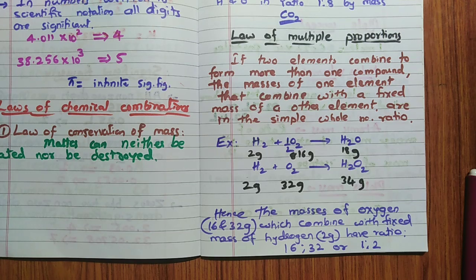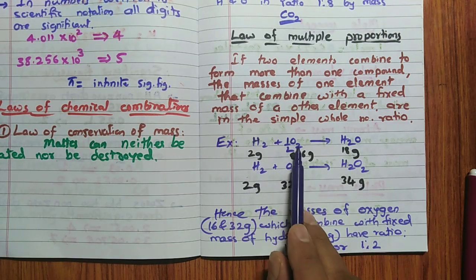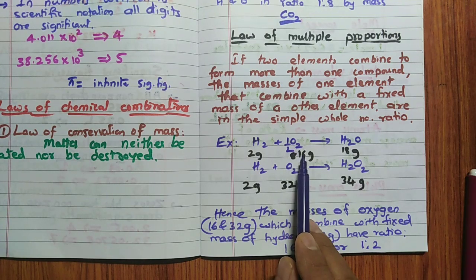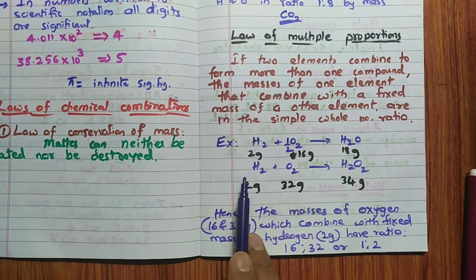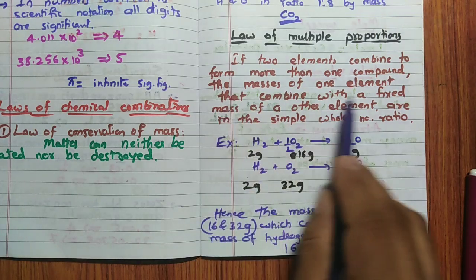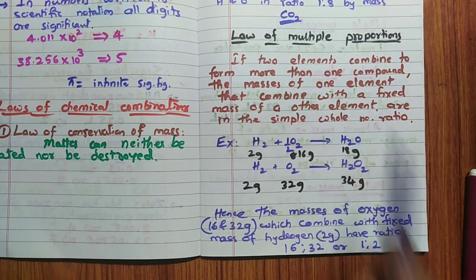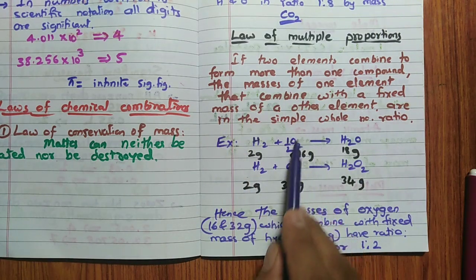Right? So now you can see the ratio. Here H2 plus O2, first I will tell this, H2 plus O2 gives H2O2, 32 gram here, because O2 here, half O2, which means 1 oxygen we consider, so it's 16 gram, and 32 gram. So fixed mass is which one? Hydrogen now, correct? So when the hydrogen is fixed, that is combined with the fixed mass of the other element, this ratio is always in the whole number ratio.